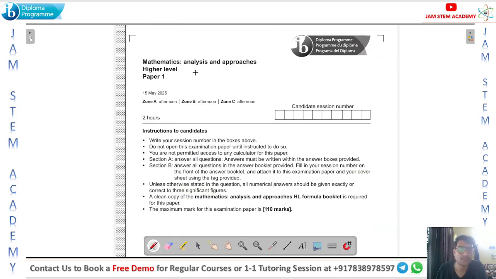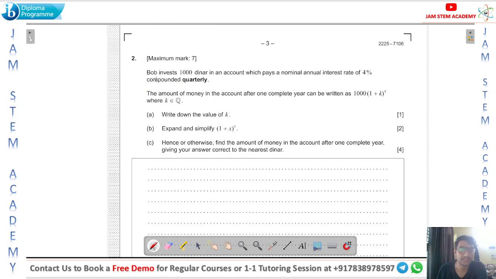So here is another question from IBDP MAA HL paper 1 on 15th May 2025. Paper 1, so GDC is not allowed for this question. Here is the question. It says Bob invests 1000 dinar in an account which pays nominal annual interest rate of